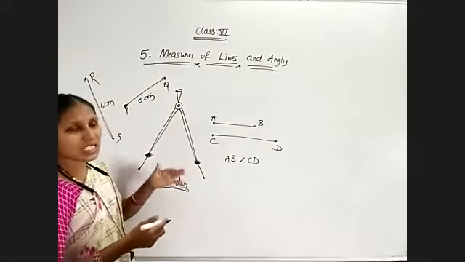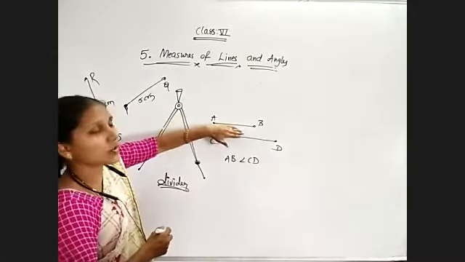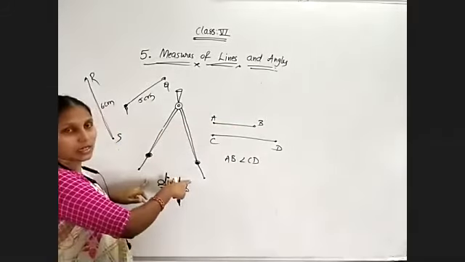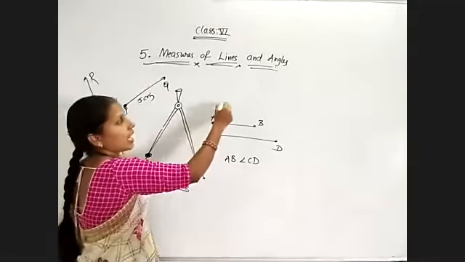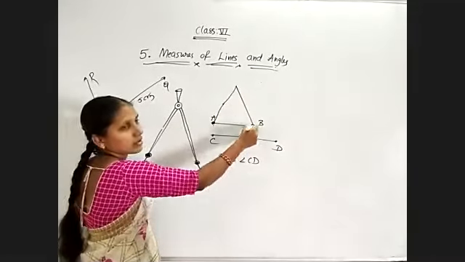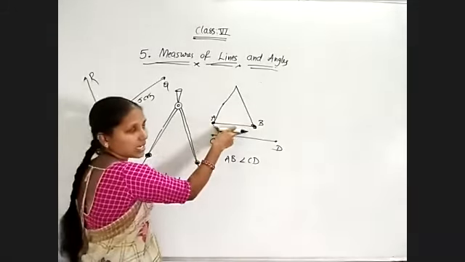What we have to do is take any one of the line segments first. Now first I am using AB. Use your divider. Place one pointer of the divider here and the other pointer here. Okay, now I don't want this measurement, that's all. This much length I have.